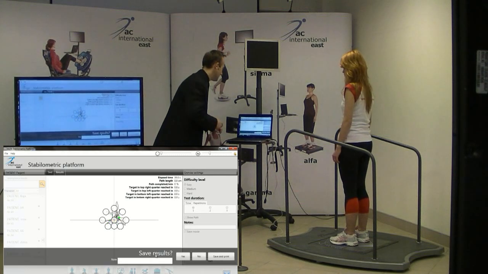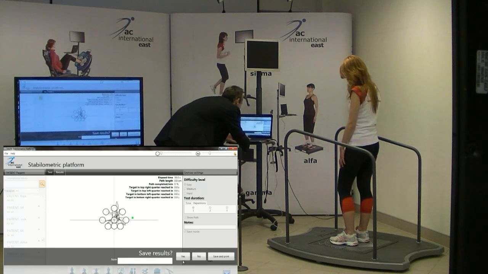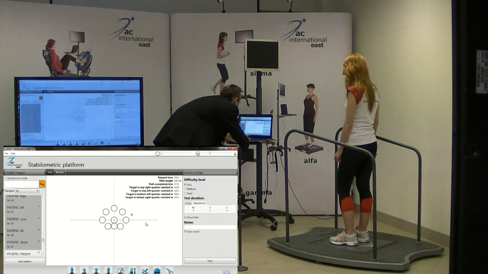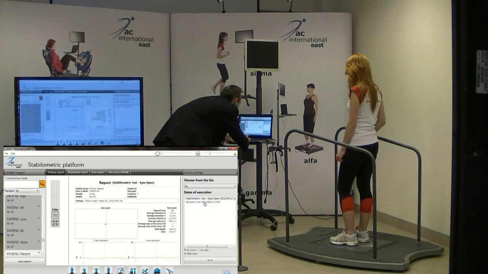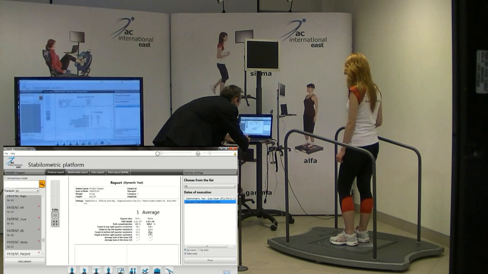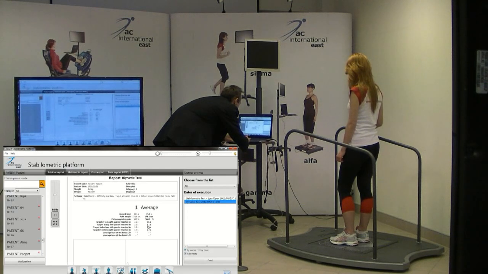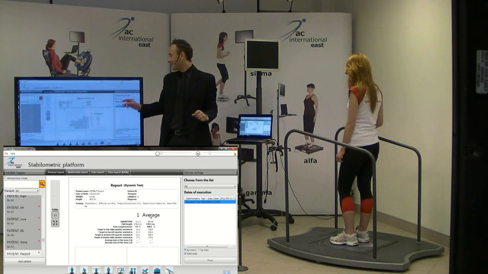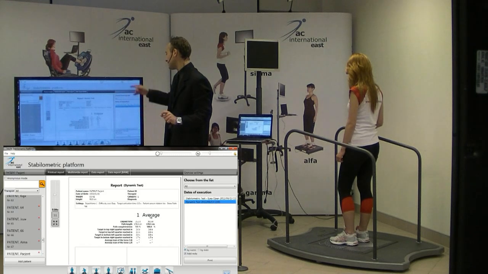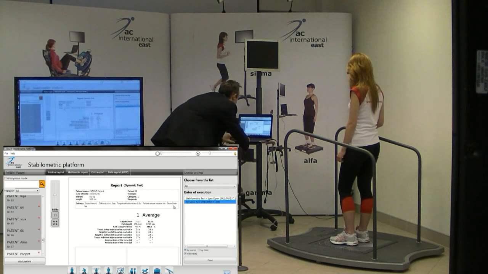Okay, and after the test we have the results. So we have the report. One more time: you have the information about the patient, the numeric data, and also the graphic view from